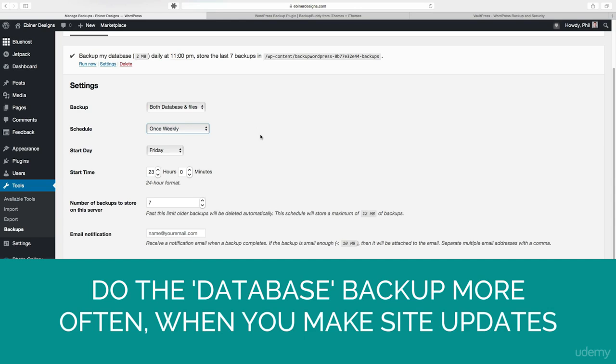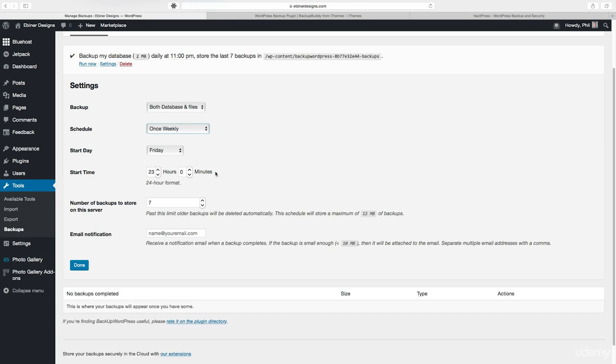So that's what I typically do because I'm usually posting once a week or so. And even if the worst thing happens and I get hacked and I end up losing a blog post or even two that I hadn't written since I backed it up, that's fine. If you do make major changes to your website, I suggest doing a manual backup, and I'll show you how to do that in just a second. You can set the date and the time when you want it to back up, and you can also set the number of backups to store on the server.